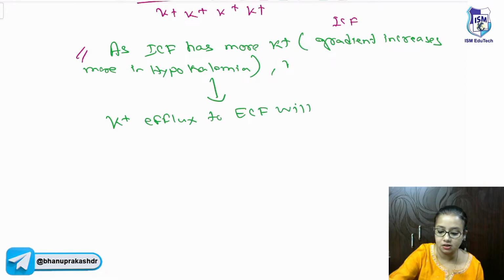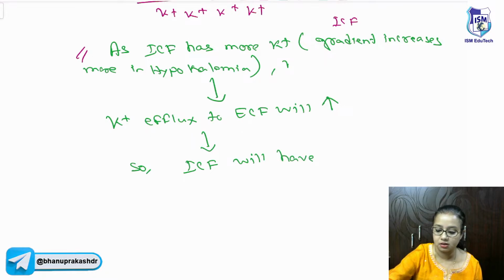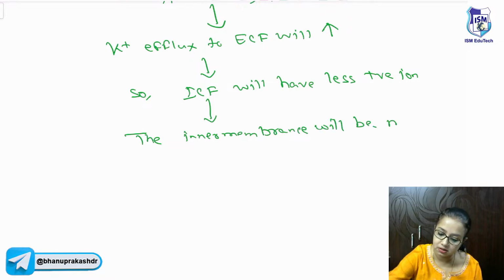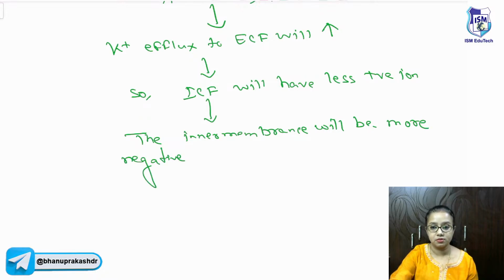So the ICF will have fewer positive ions, and the inner membrane will be more negative. So the negativity inside the cell will be even more, because following the concentration gradient,